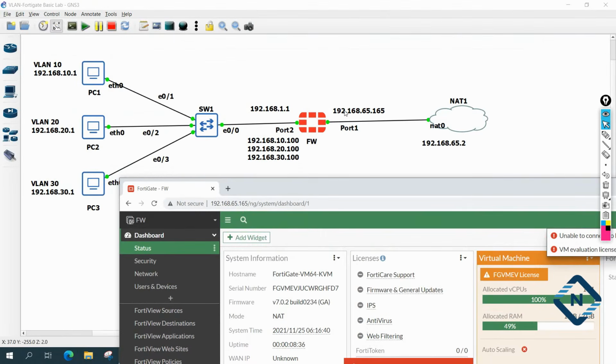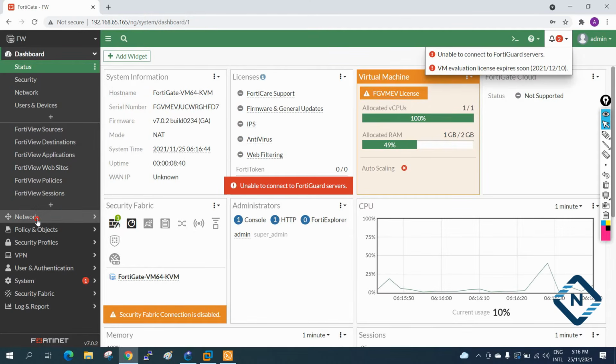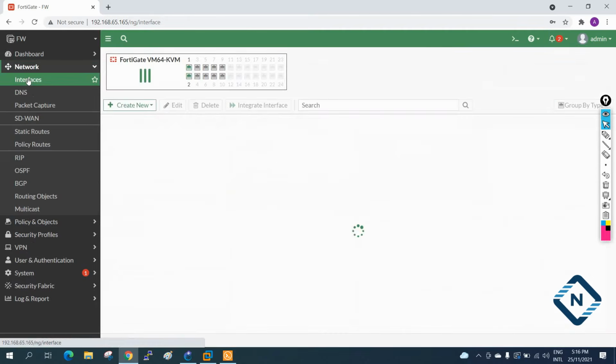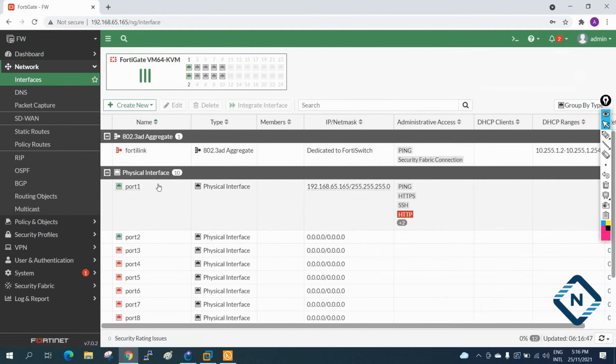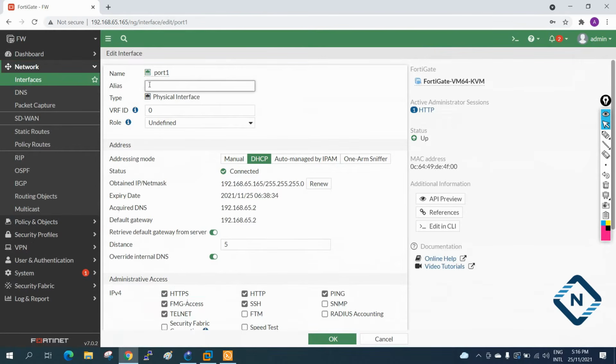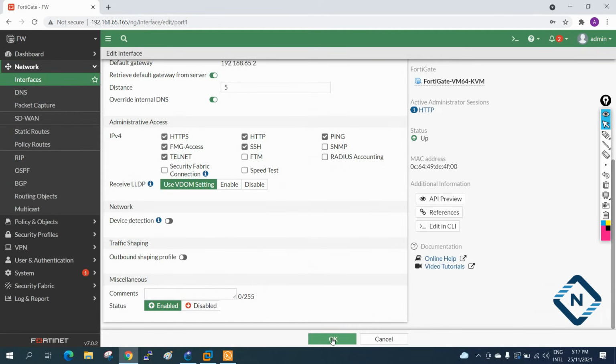If you see, we need to assign this IP. How will we assign it? Go to Network, then Interfaces. This interface is the WAN. Double click and write WAN here. Because we are using the same interface for management also, I am writing MGMT and pressing OK.